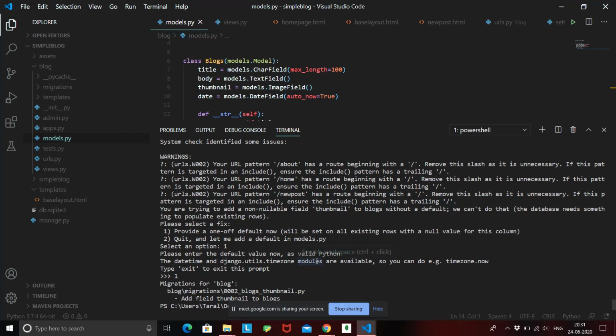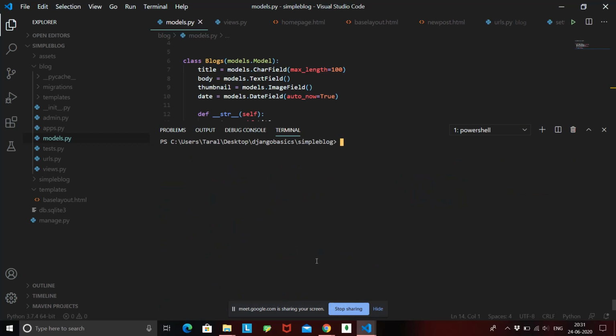Now once that is done, we need to migrate this, because makemigrations will only make the update, but we need to save those changes to the database. And that can be done by again python manage.py migrate. Makemigrations will make the changes and migrate will save the changes.